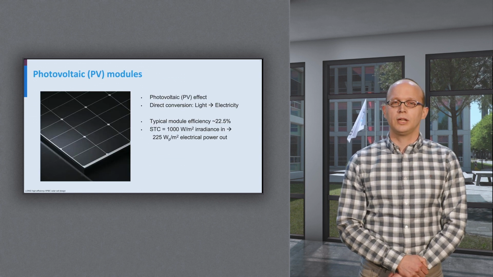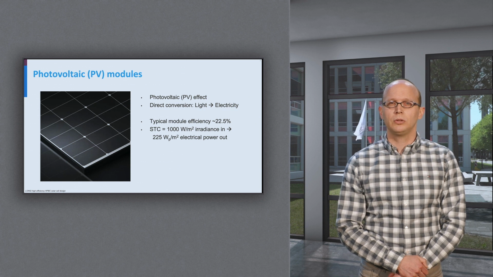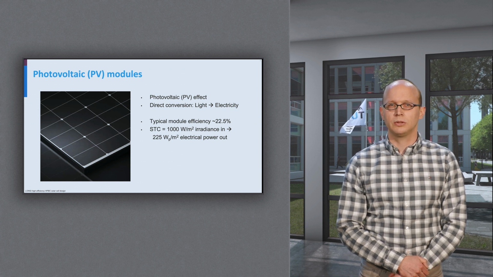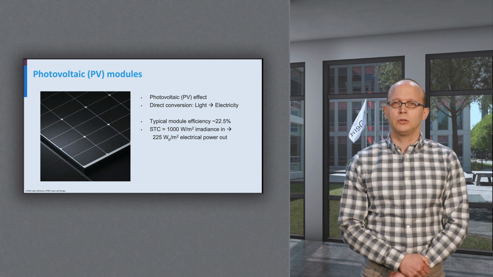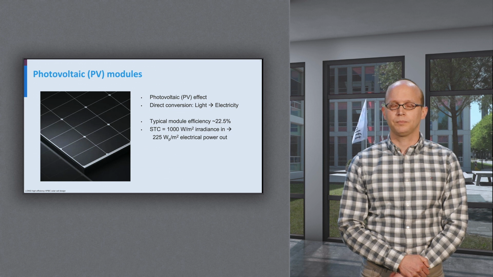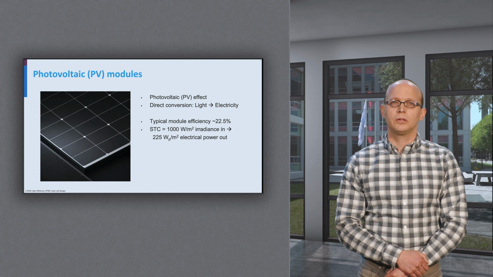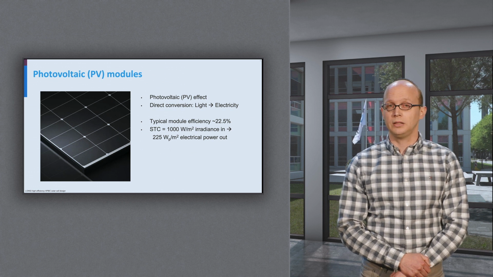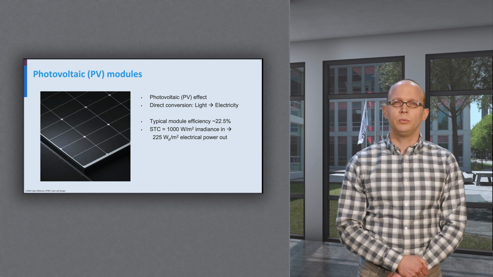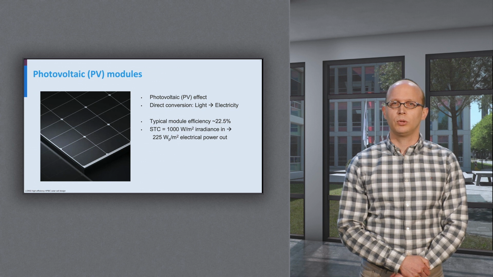Let's start with photovoltaic modules. These PV modules convert light directly into electricity using the photovoltaic effect. Today's PV modules have a typical STC efficiency between 20 and 25%. Let's calculate with 22.5. Under standard test conditions, or STC for short, the module is illuminated with standard AM1.5 spectrum